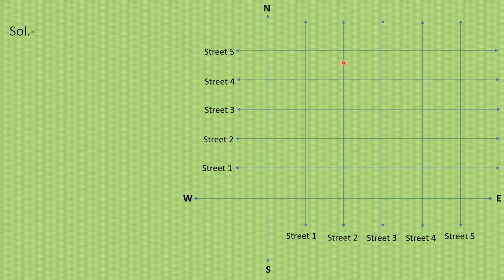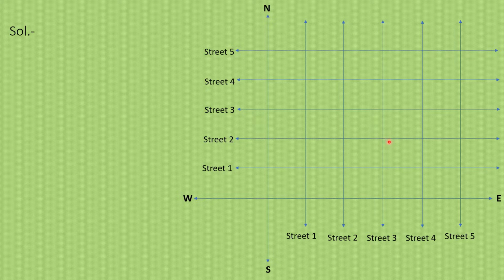In the same way, the second street parallel to north-south and the first street parallel to east-west are intersecting at this point. So this is a cross street. Like this, we have so many cross streets in our model. Now these all are the cross streets in our model. Now it is written, there is a convention to mark these cross streets.